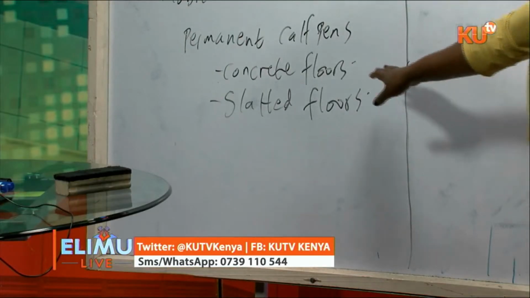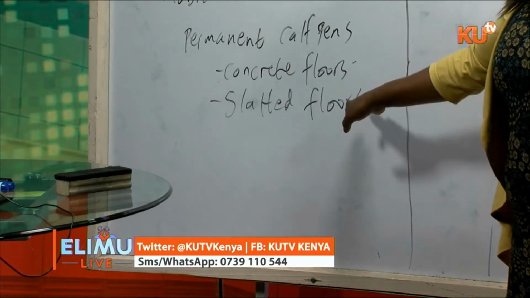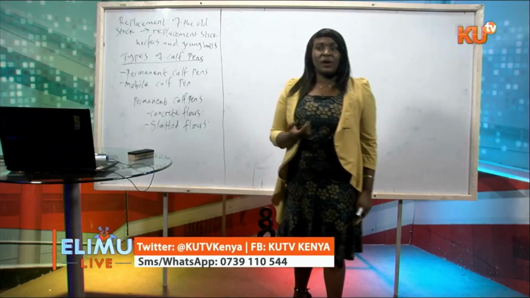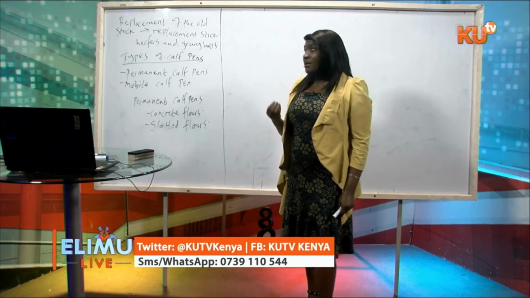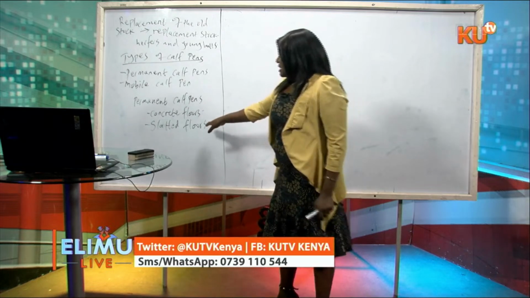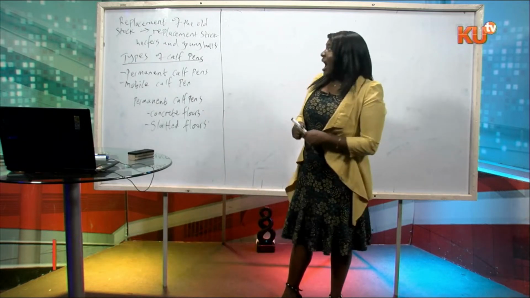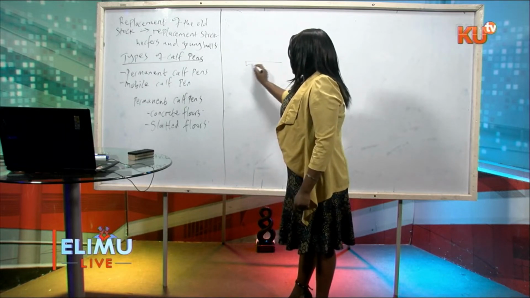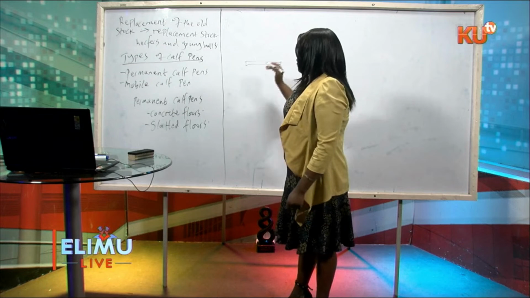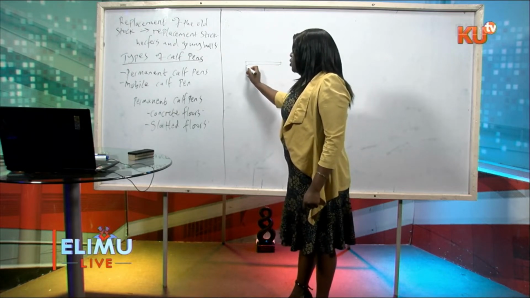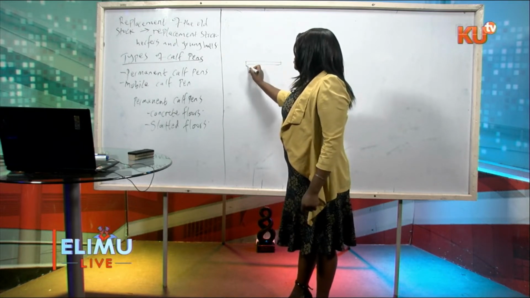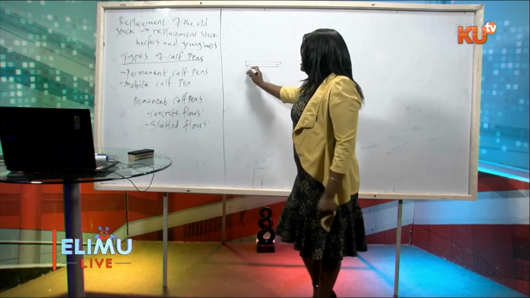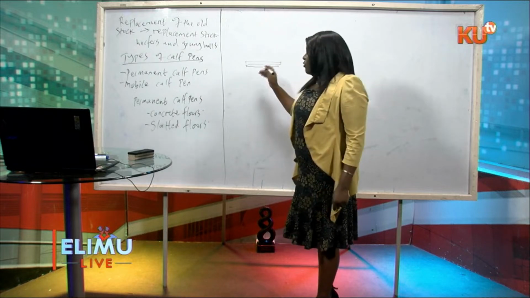Both of these calf pens, the one with the concrete and the one with slated floor, are generally built to ensure that there is proper drainage. The drainage is good because the slated floors have timber. On the bottom there is timber, and the timber on the floor of the calf pen is not in contact with each other. So they are divided by a gap. There's a gap between two timber pieces. And of course the gap should not be